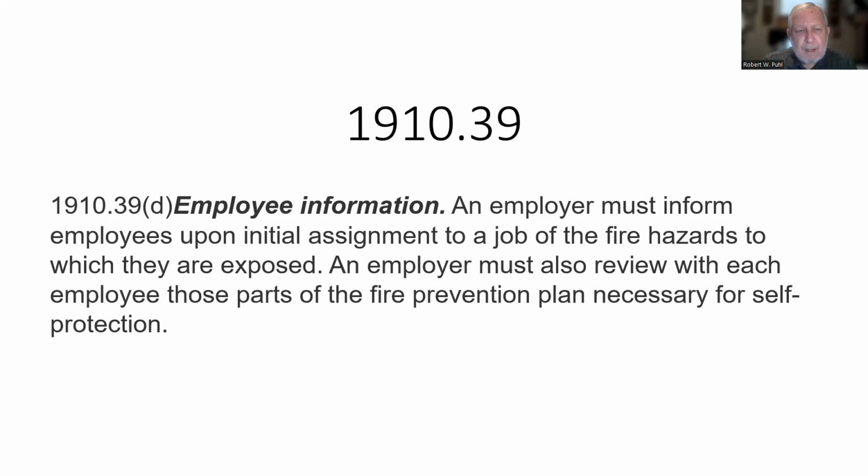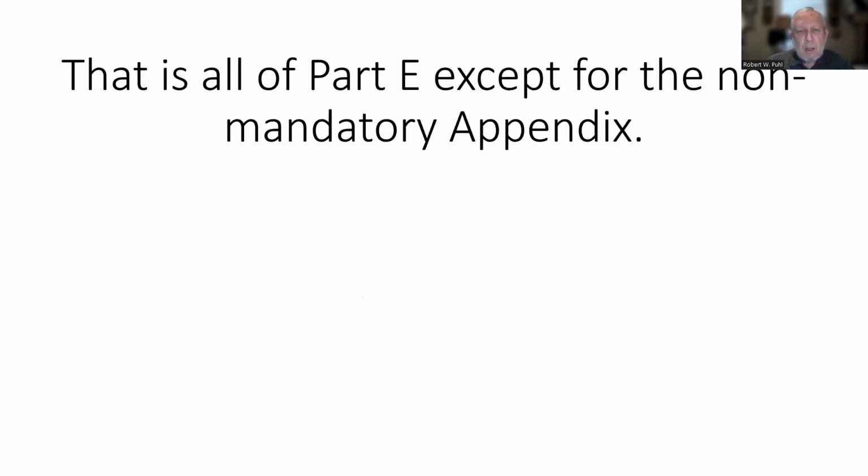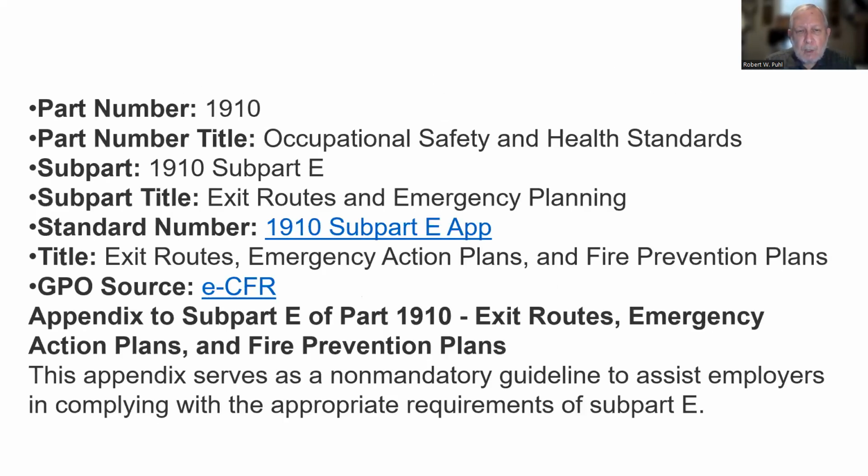Employee information. Employer must inform employees upon initial assignment to a job of the fire hazards to which they are exposed. The employer must also review with each employee those parts of the fire prevention plan necessary for self-protection. That's all Part E, except for the non-mandatory appendix. And we're going to read the non-mandatory appendix because it's not too long, and I think gives a little bit of insight into some of these